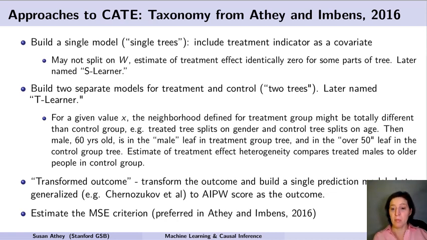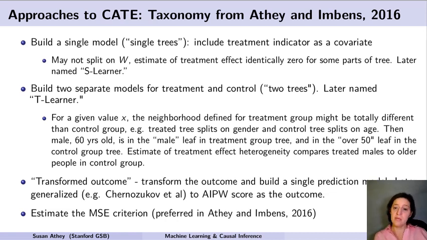There's a paper by a group, Conditional et al., from Berkeley, that later applied the same kind of taxonomy to general machine learning methods. So they called the single tree method the S-learner and the two-tree method the T-learner. And building two separate models for the treated and control can work better because it ensures that you actually pay attention to your treatment variable when you're building the prediction model. But it can have a fairly subtle disadvantage.